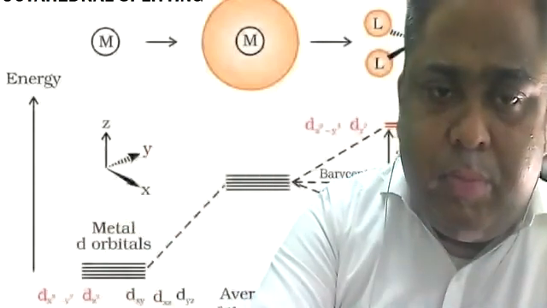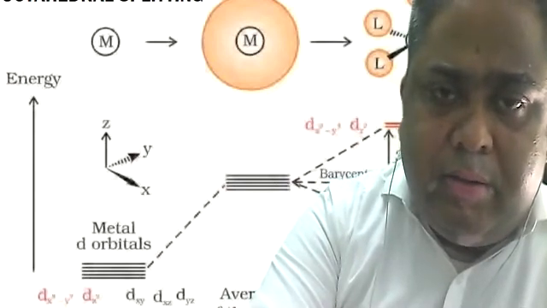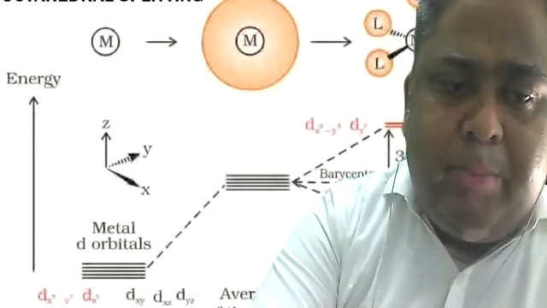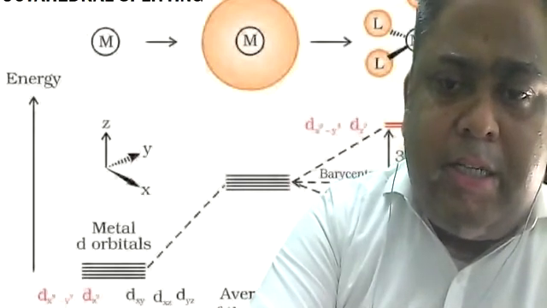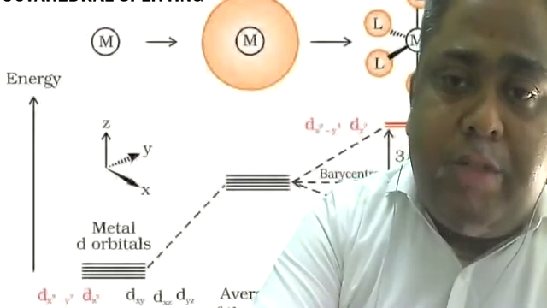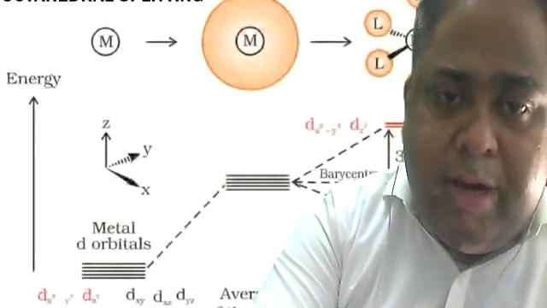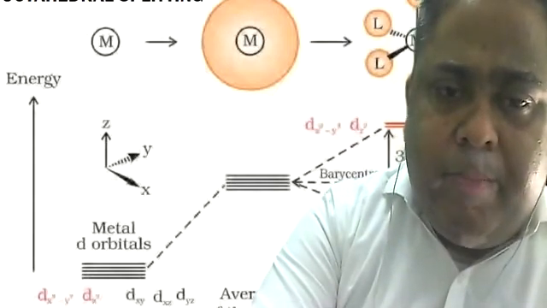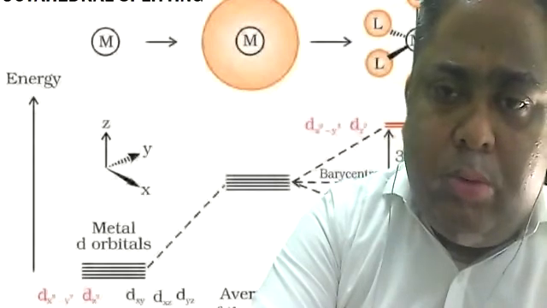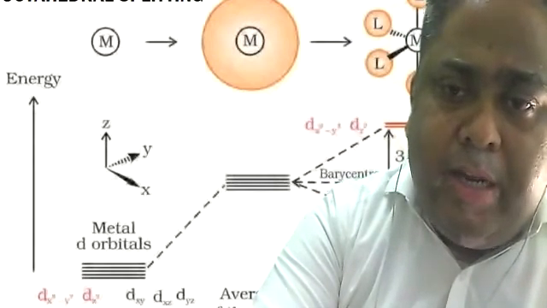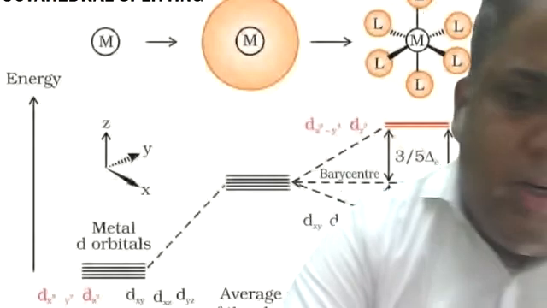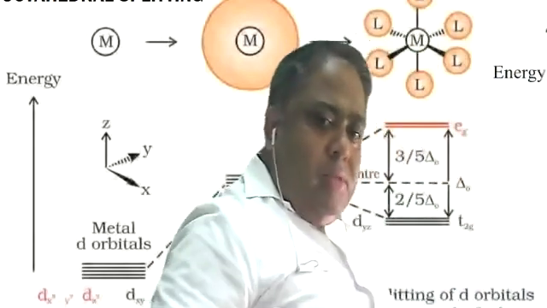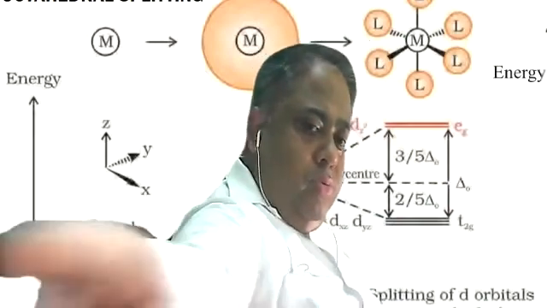Now, further, when the ligands come closer and they donate electrons, then due to the repulsion, what happens? The degenerate set of 5 orbitals, degenerate means of same energy level, dxy, dyz, dx square minus y square, dz square, and dzx. So they further split into two more degenerate levels. Which are those? They are these two: